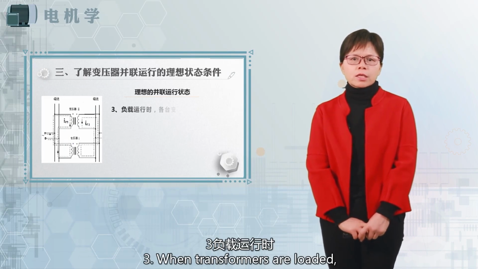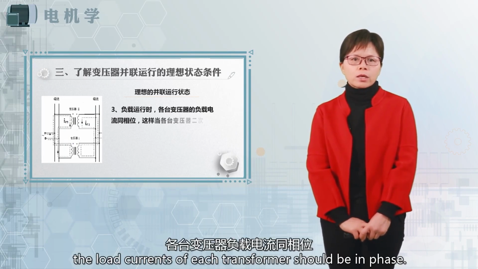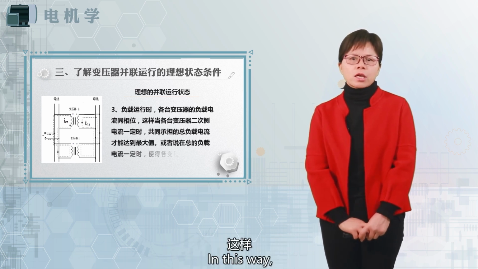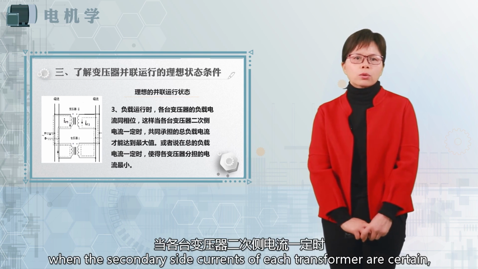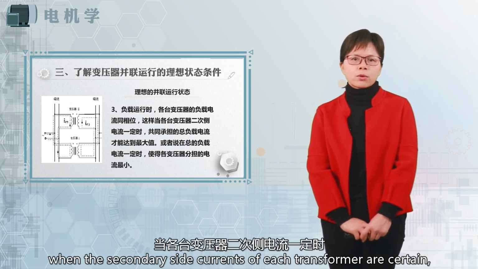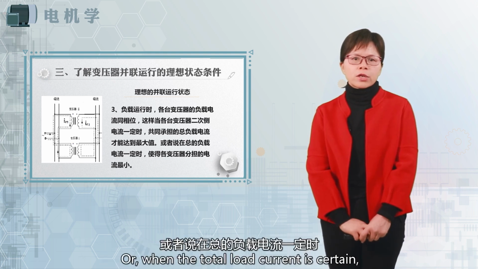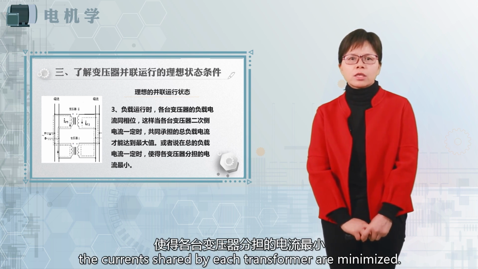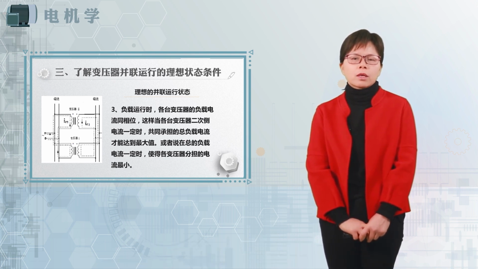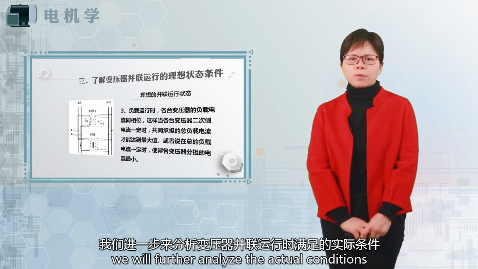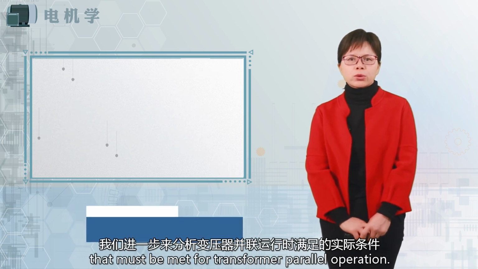3. When transformers are loaded, the load current of each transformer should be in phase. In this way, when the secondary side currents of each transformer are certain, the total load current should be maximized, or when the total load current is certain, the currents shed by each transformer are minimized. Based on the ideal conditions for transformer parallel operation, we will further analyze the actual conditions that must be met